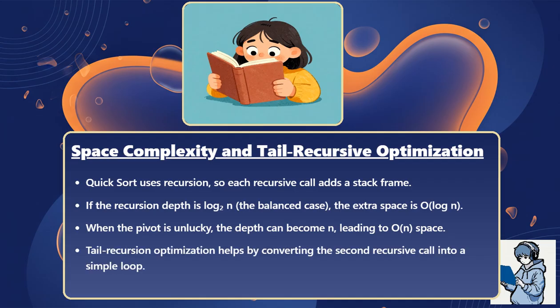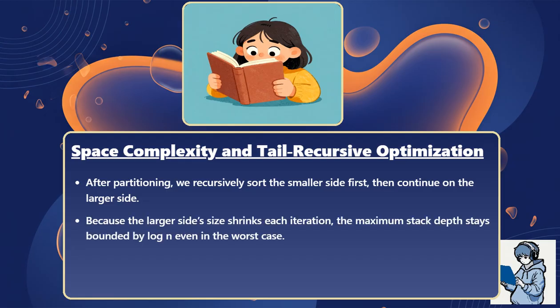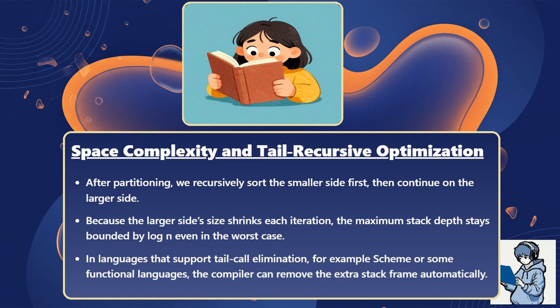Tail recursion optimization helps by converting the second recursive call into a simple loop. After partitioning, we recursively sort the smaller side first, then continue on the larger side. Because the larger side size shrinks each iteration, the maximum stack depth stays bounded by log n even in the worst case. In languages that support tail call elimination, for example Scheme or some functional languages, the compiler can remove